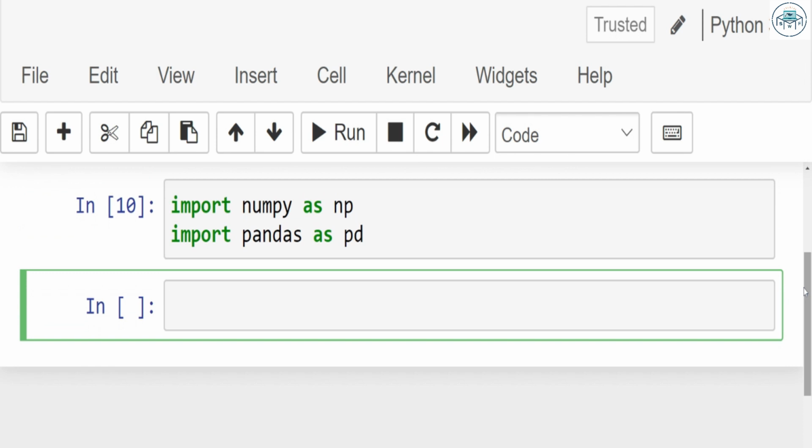Now we are going to create our own data frame. How do we do it? Let's see. Now, I'm going to make a data frame which consists of the days of the week and the temperatures of Mumbai and Delhi. So, let's write days is equal to Sunday,